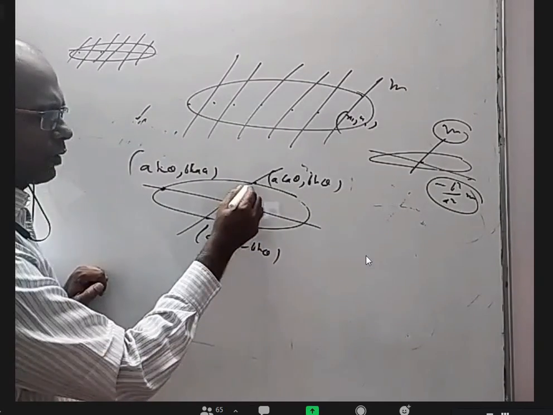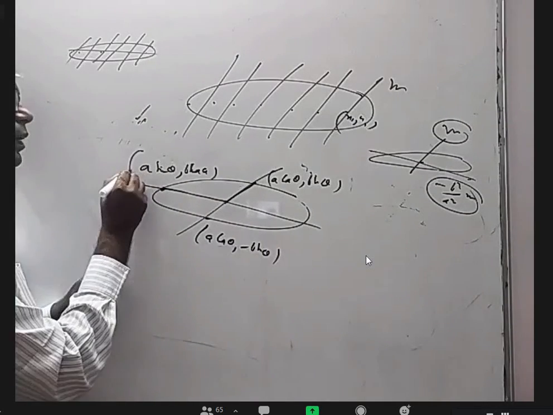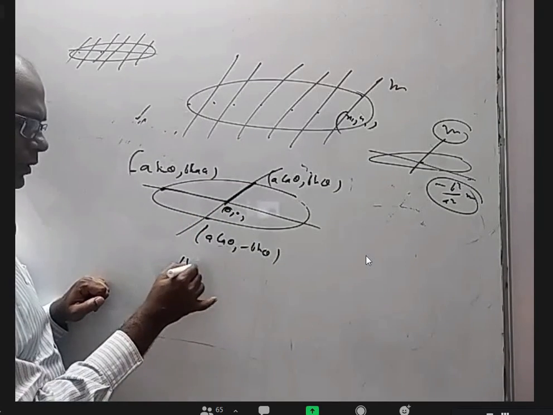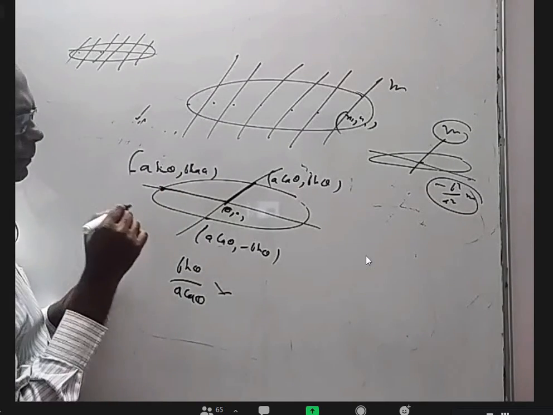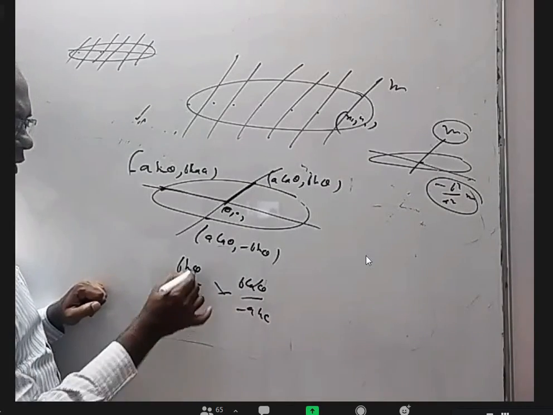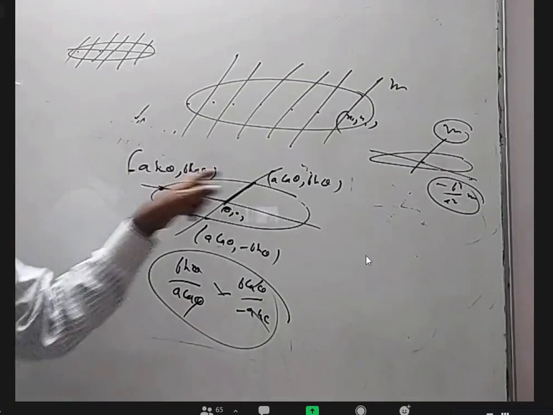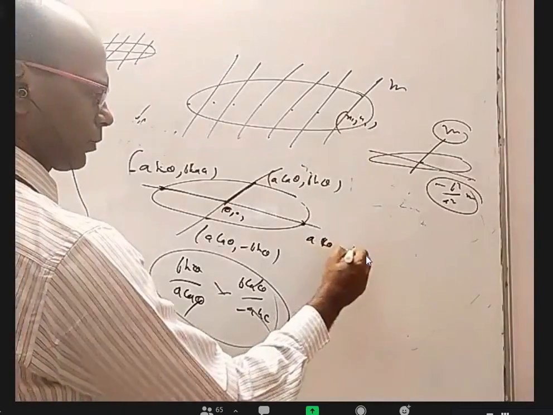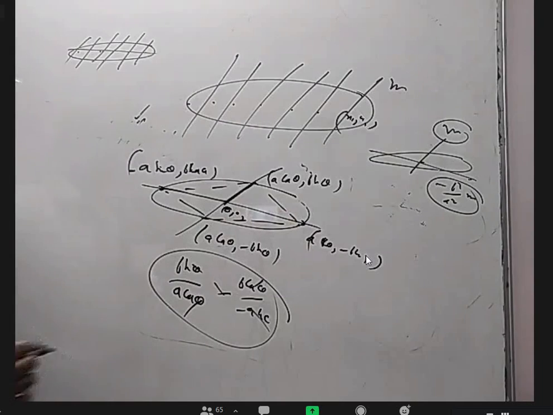What is this slope and this slope? The product should come minus b square by a square, no? So I think this should be minus a sin theta. What is the slope now? If you join to the origin, b sin theta by a cos theta. And what is this point? b cos theta by minus a sin theta. You can see cos cancels, sin cancels. The product of the slopes came minus b square by a square. So these are the ends, and this will be a sin theta comma minus b cos theta. If you join them all like this, they'll form a parallelogram.